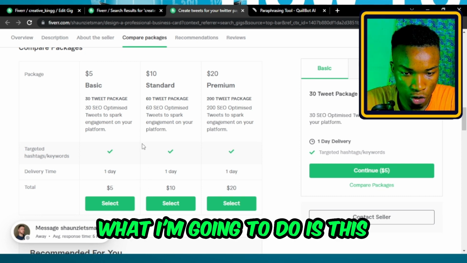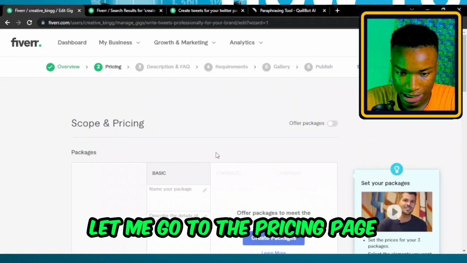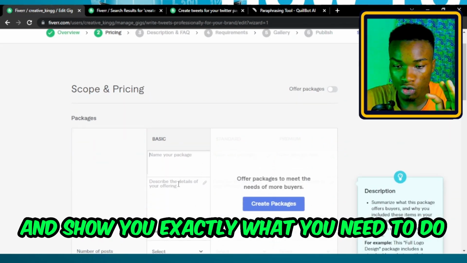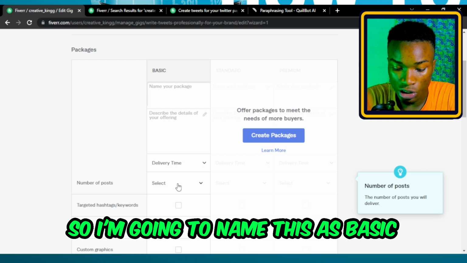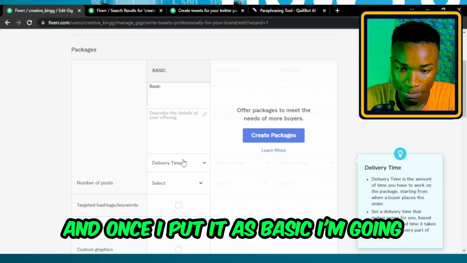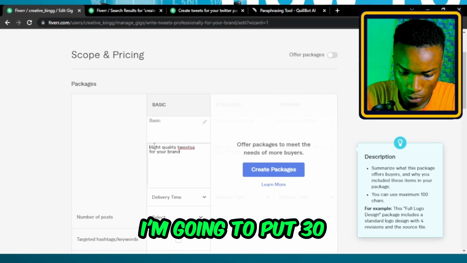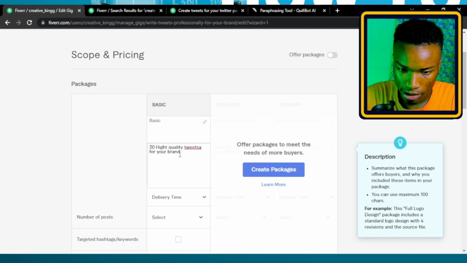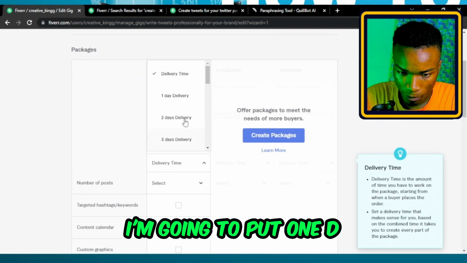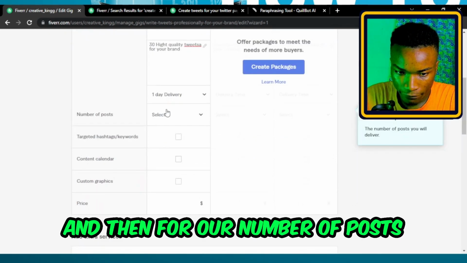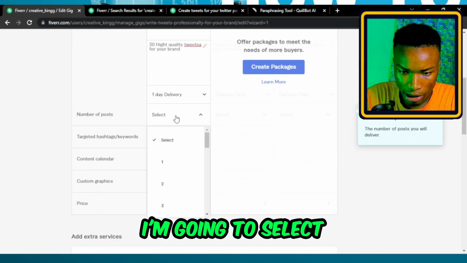So definitely what we're going to do is this. Let me go to the pricing page and show you exactly what you need to do. You can use that as an example. You can go ahead and check for someone else. So I'm going to name this as basic, and once I put it as basic, I'm going to put 30 for the first. I'll copy all of these, and the delivery time I'm going to put 1 day. And then for our number of posts, I'm going to select